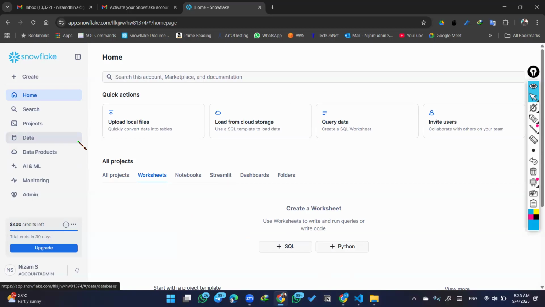Now we have almost created the Snowflake account. So, what is the purpose of creating the Snowflake account? Because in the Snowflake account,